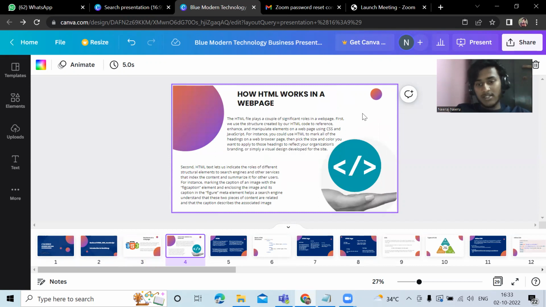We all know HTML is the most basic part of a web page. An HTML file plays a couple of significant roles in a web page. The structure is also very simple for HTML. First, we use the structure created by our HTML code for reference and to enhance and manipulate elements on a web page, using CSS and JavaScript. For example, we can use HTML to mark all the headings on a web page, then pick the size and color which we want to apply on the headings in